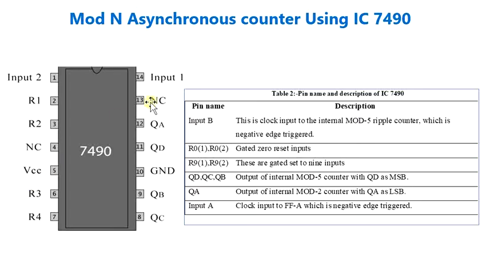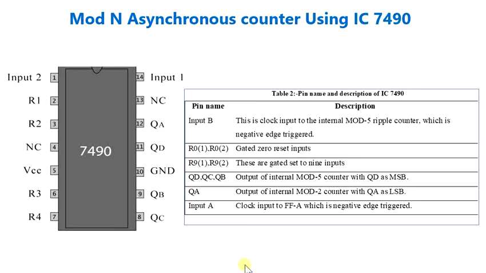Here I have the pin diagram, which I have shown in much more detail compared to the previous one. The IC 7490 is a mod 10 or decade counter, which is a 14-pin IC with a pin configuration as shown here, and various descriptions of the pins are also specified. You can see that inputs are 2 in number. One is input 1 and input 2, which is indicated in the pin configuration, whereas in the table it has been specified as input A and input B.